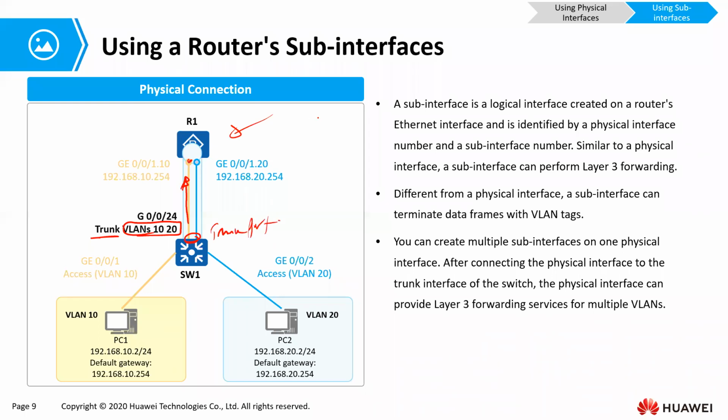When they reach here, we shall run a command, dot1q encapsulation, which instructs this router, hey, when you receive a frame in VLAN 10, please remove the tag. Remove the tag and forward it to the destination network. And then this interface also has the implementation of dot1q encapsulation, which tells it that when you see a frame coming out, going to this network, please add this tag, which puts it in VLAN 20. So by the time it leaves the router, it enters from VLAN 10, it leaves from VLAN 20, comes here, gets trunked right up to there where the tag gets removed and it goes to the destination.